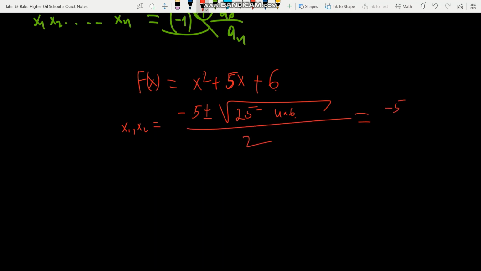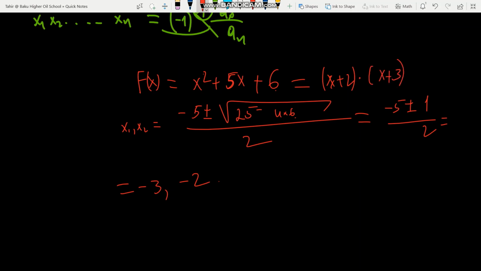This is equal to minus 5 plus minus 1 divided by 2, and the roots will be minus 3 and minus 2. Also we can write it as a multiplication of two factors, x plus 2 and x plus 3. In our case this is possible and easily seen, and you can see here that the roots are minus 2